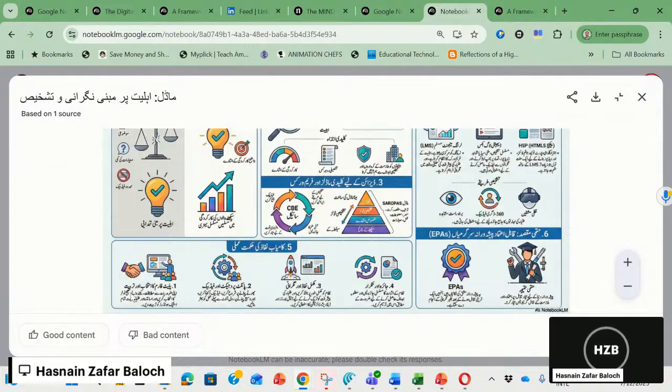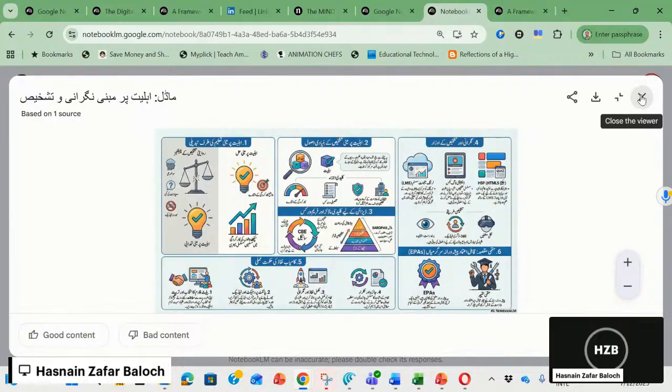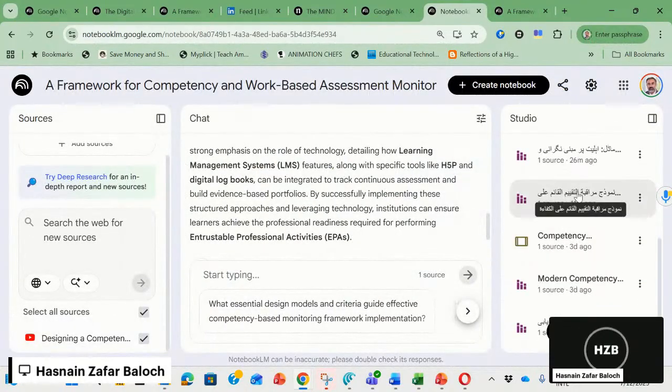And I like this portion. It actually highlights the steps for implementing competency based education. Yeah. And I think not bad. I remember in one of my slides I covered this, and I like the graphics they use. So quite nice. Let me show you some other languages, and those who can understand, please do comment